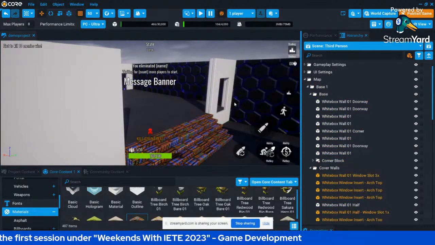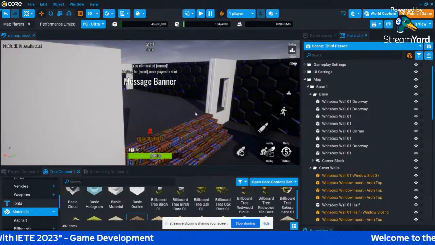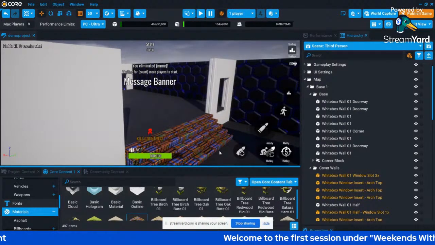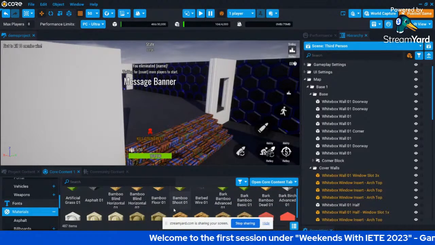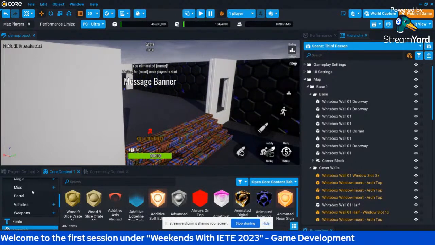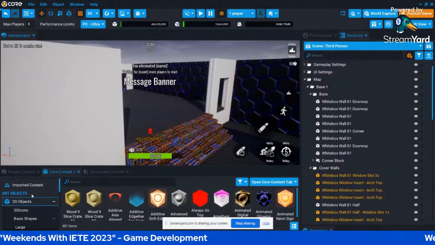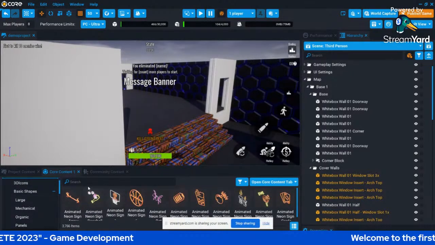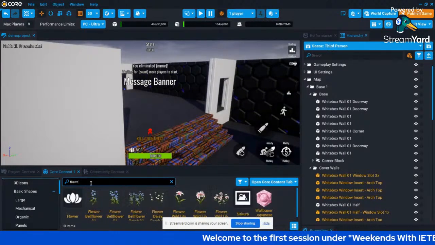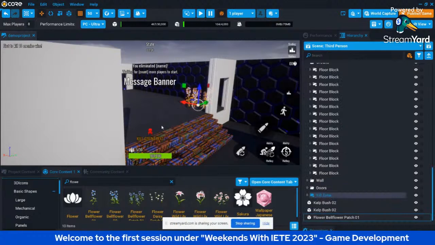So this is how you're going to design your entire arena. You can assign materials and it's ready. Now, if you want to add some props, like if I want to add any object, like I'm adding some flowers, that would be great in this. Simply drag and drop and place it.